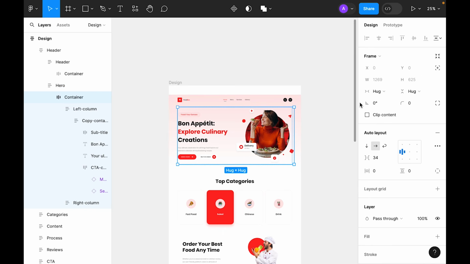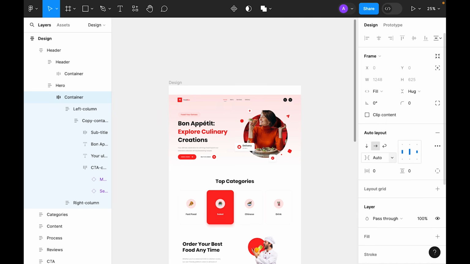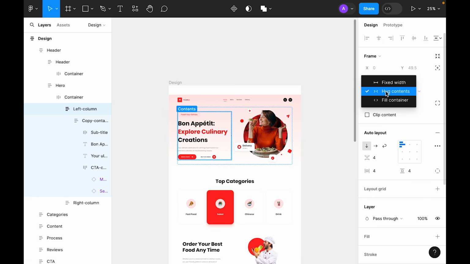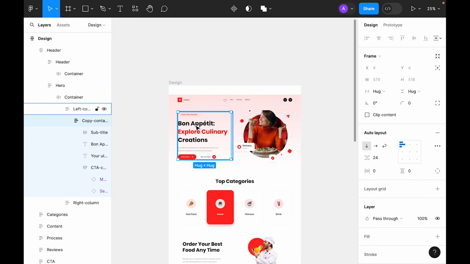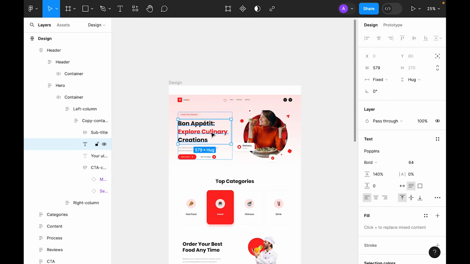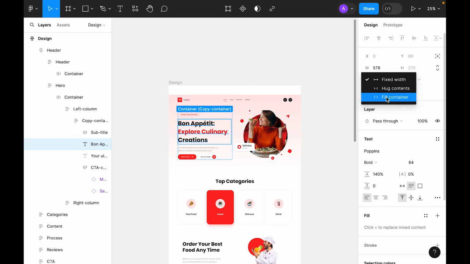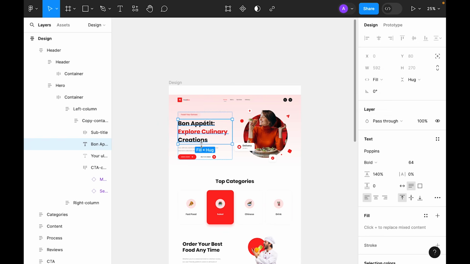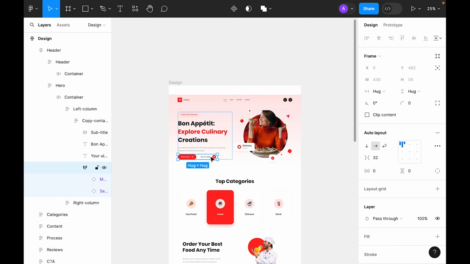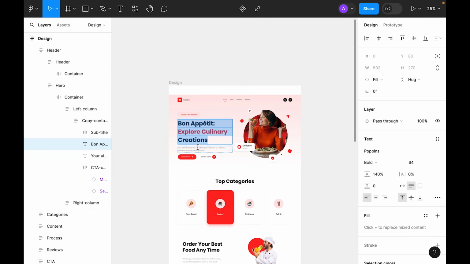Now let's select the container and make it fill. Change the property to auto. Now let's select inside the left column and make it fill container. Now inside the copy container, make it fill container. For the text, instead of fixed, we will make it fill container. For the paragraph, let's make it fill container. Leave the CTA to hug. Okay, so now after changing the properties of all these from fixed to fill,